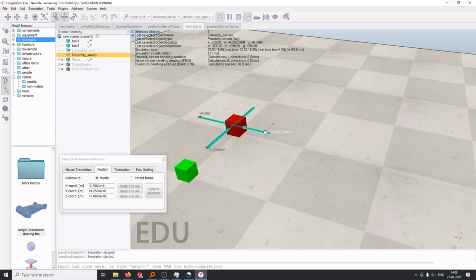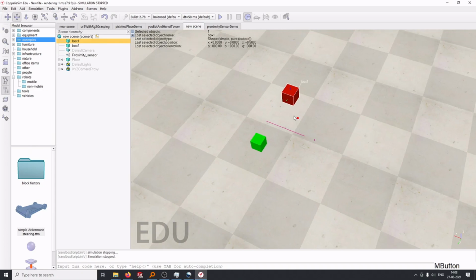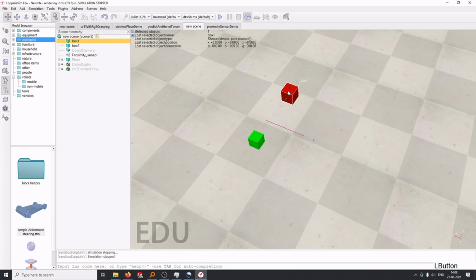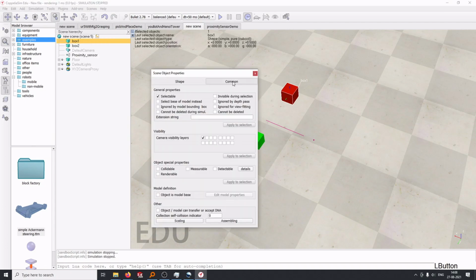Yeah, the simulation is still running, it's not detecting, right? That is because we haven't told the simulation that these blocks are detected by a sensor. So what we have to do is click on the block, go to common, and here the object special properties, right? So we have to tell it is detectable, and we can explore it further. There are different sensors which we can add, it can be detected by ultrasonic, it can be detected by laser. So there are different properties which can be added. For now we are just enabling everything. Okay, so we add that.